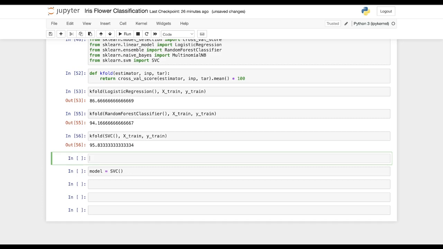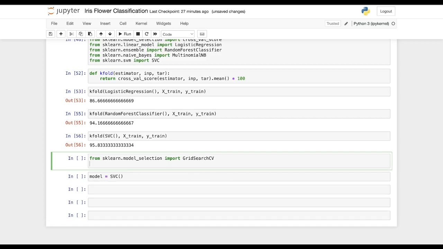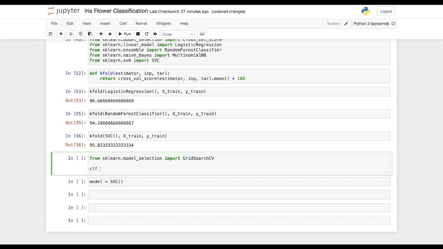So we can say from sklearn.model_selection import GridSearchCV, and here we will build a classifier. We'll say classifier is equal to GridSearchCV, and then whatever algorithm you want to work upon, here we are working upon SVC, so we'll pass that.